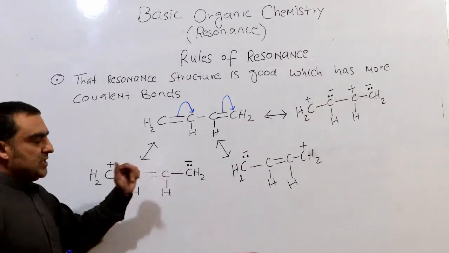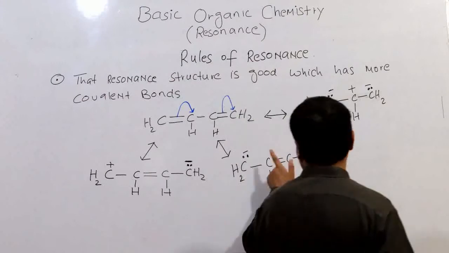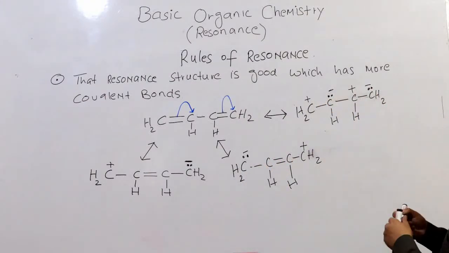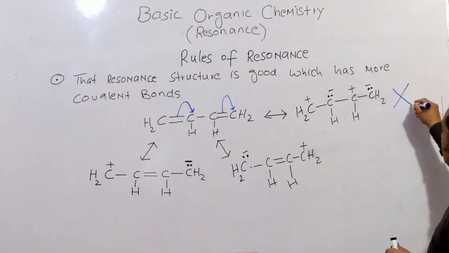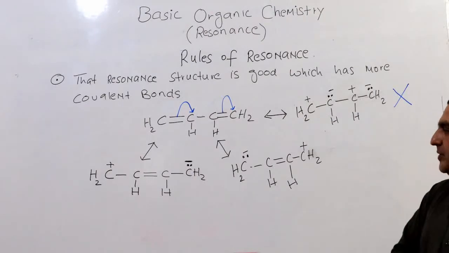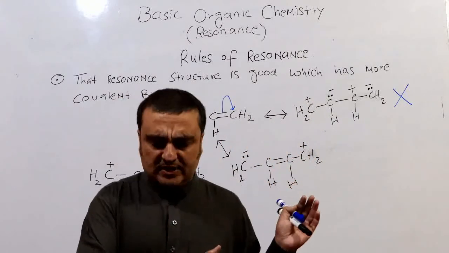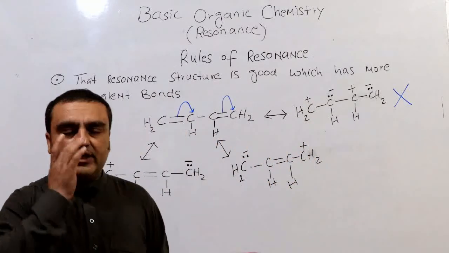So it has just 2 charges, a positive and a negative, a positive and a negative, but this has a negative, a positive, and 4 charges. So this structure is worst. This is out. And another thing should be noted, in all resonance, those resonance forms are acceptable which have